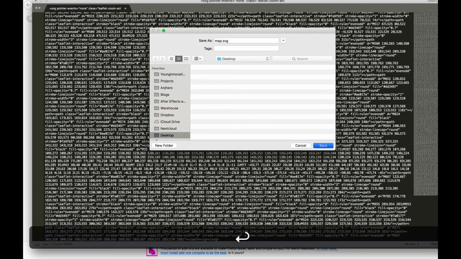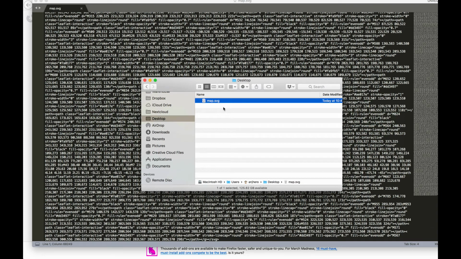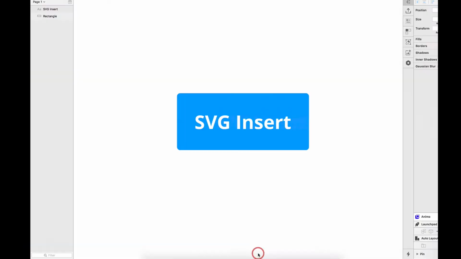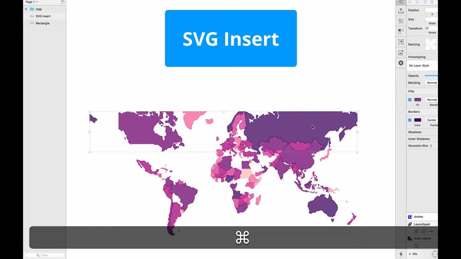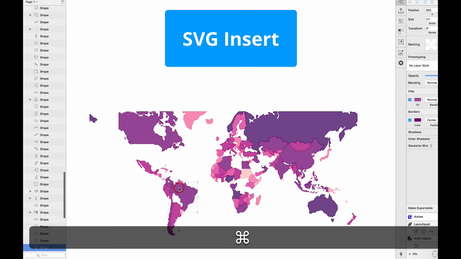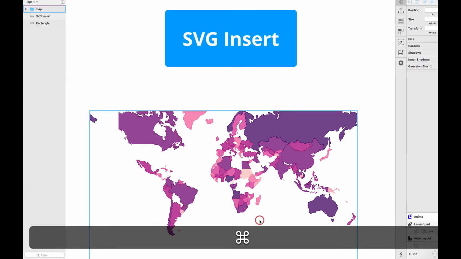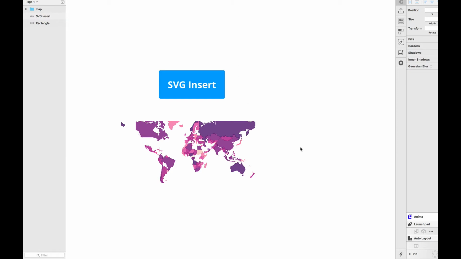Let's say map.svg, and then I go to the file that I've just created, copy it, go to my sketch file and paste it here, and it brings up the SVG file in here. And as you can see, all of these layers are editable. So what SVG Insert helps us to do is reduce this one step from the workflow that I just shared, and instead of saving it into a separate file,